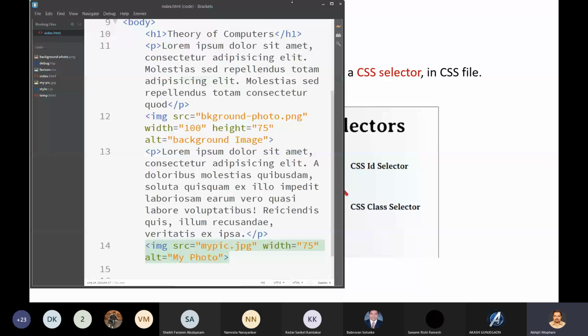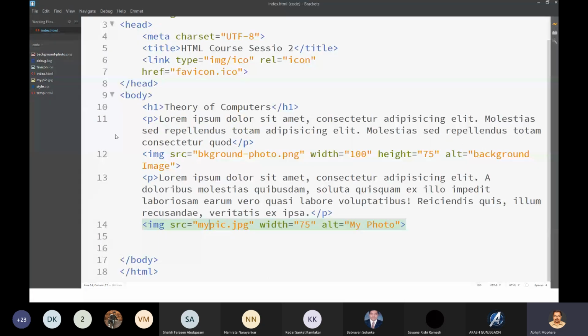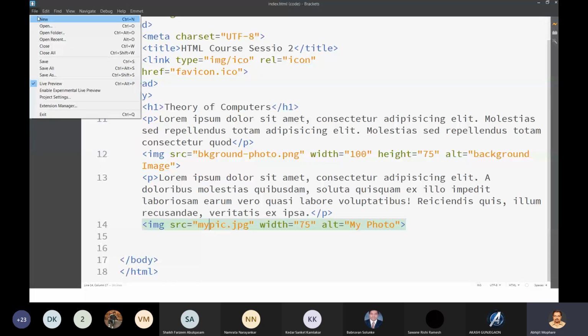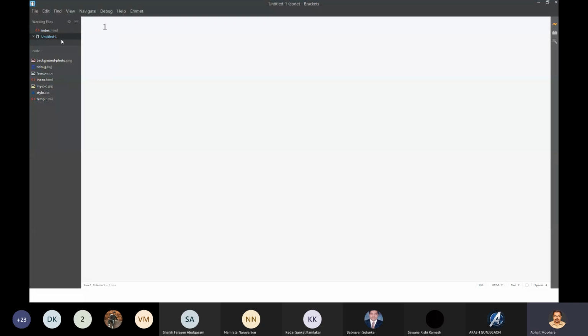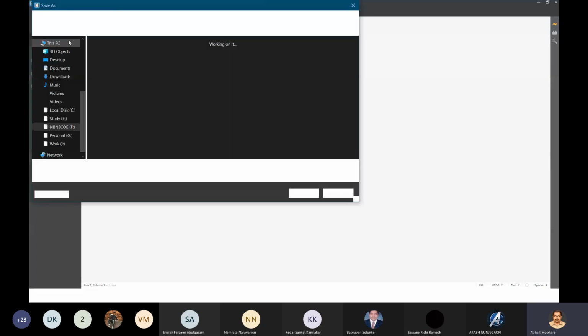So what I am doing is, the similar way I have created the HTML file, I will once again create the CSS file, right? So I will open the file and say new, or I will press Control N. The moment I press new, it will create a new blank file, and it will say untitled. So I will just save it as style dot. I will right click it and say save, and then the save dialog box will appear.